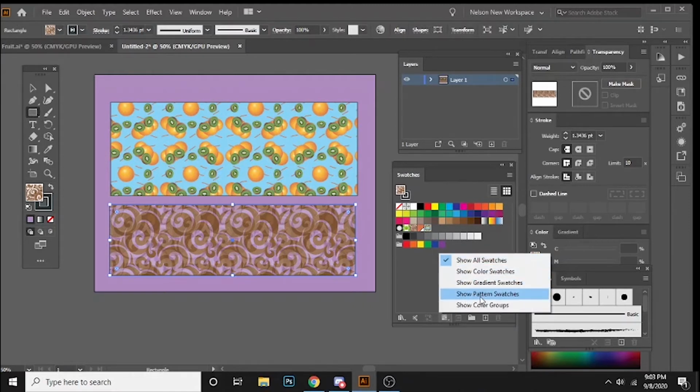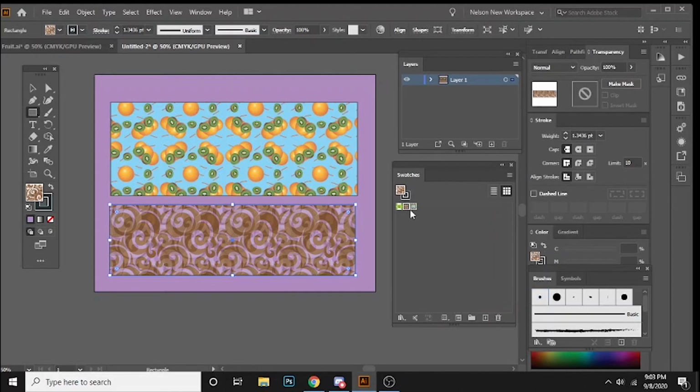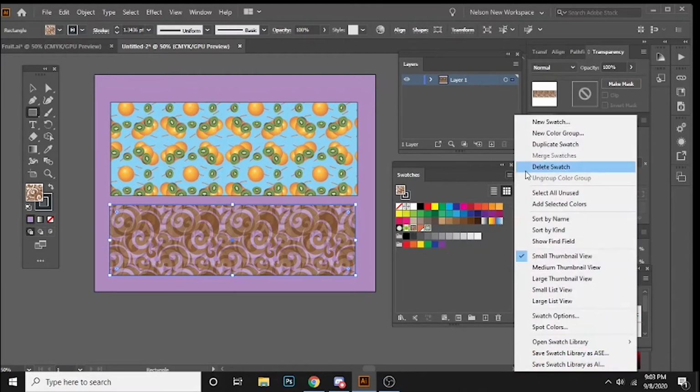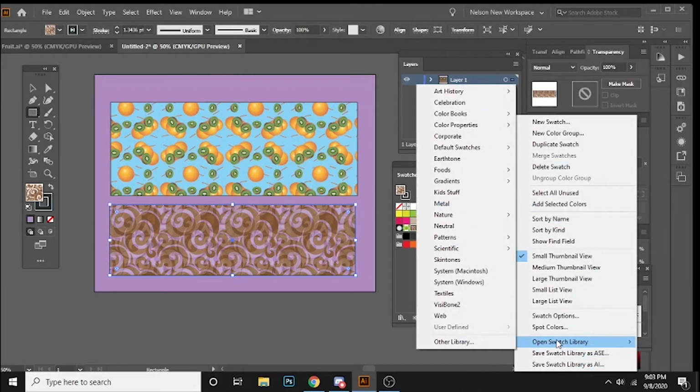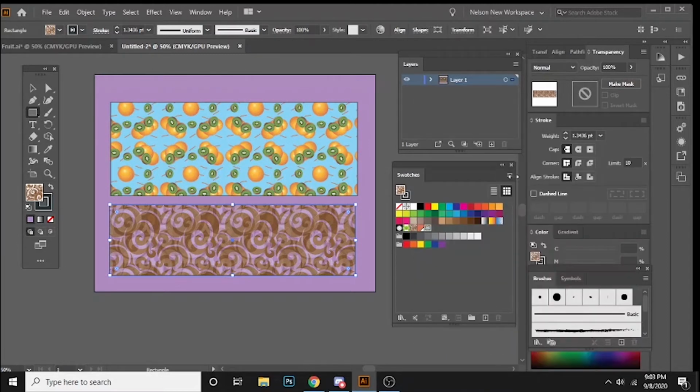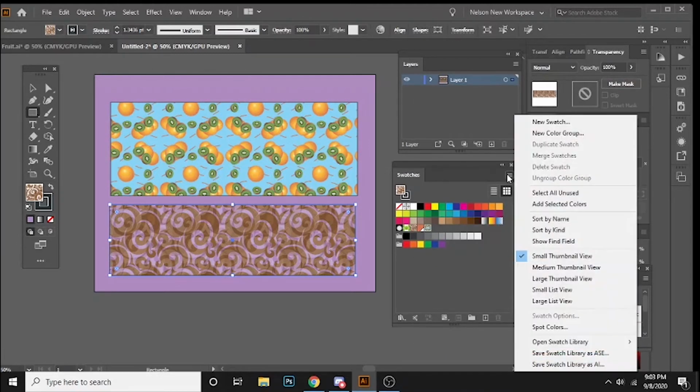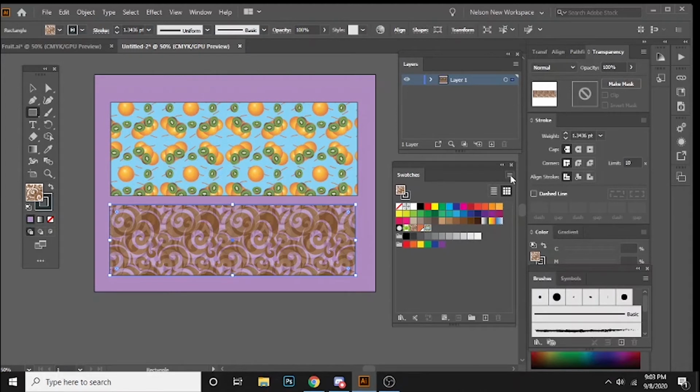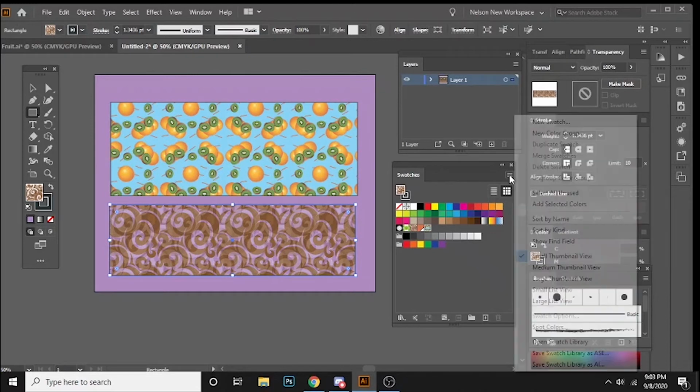You can show pattern swatches. And then in the swatch panel, if you click on that hamburger menu, which is 3 little lines stacked on top of each other,